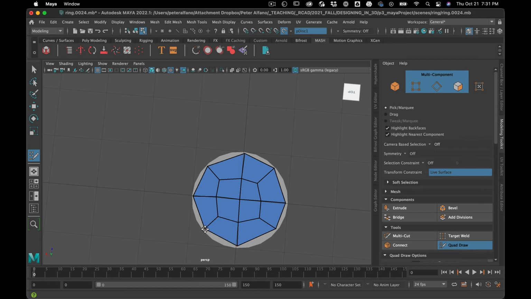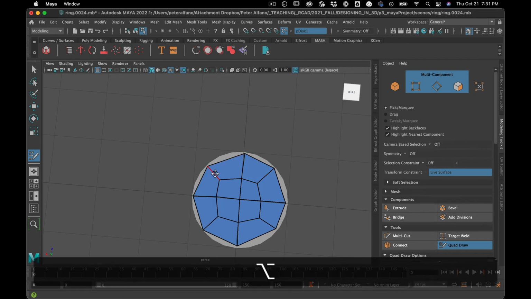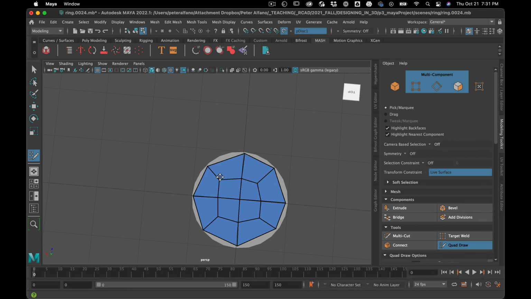But now the difference from the other configuration is it's matching the contour of the circle. So if I was to hold down Control and insert an edge loop, that edge loop is following the circumference or the outer silhouette of the ring, right? So this kind of polygon configuration is something to be on the lookout for in situations where the direction changes. So if I go back to the ring,